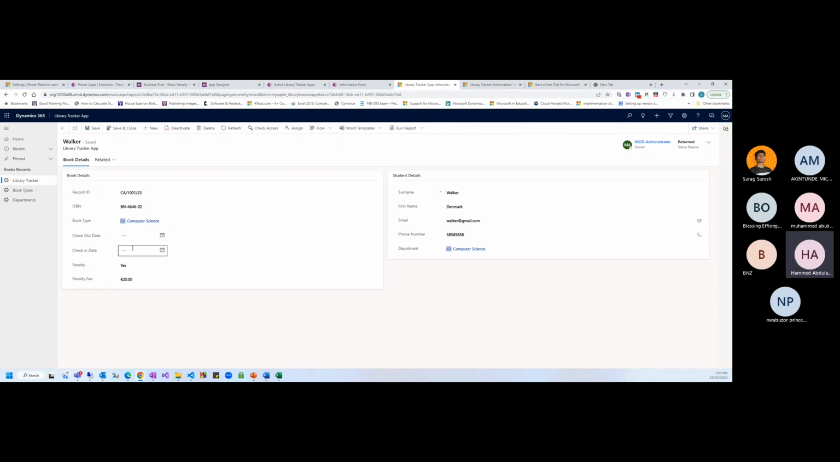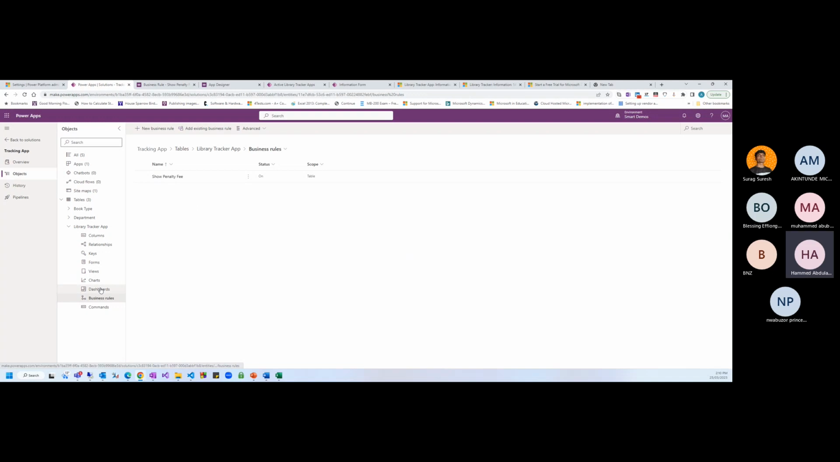Right. So then I want to apply these penalties, for example. This could be the actual check-in date, and this one could be another field called expected return date. I can use a calculated field to add more days, like, this book should be returned in 20 days' time or 30 days' time. You understand? So if I go back to my form,